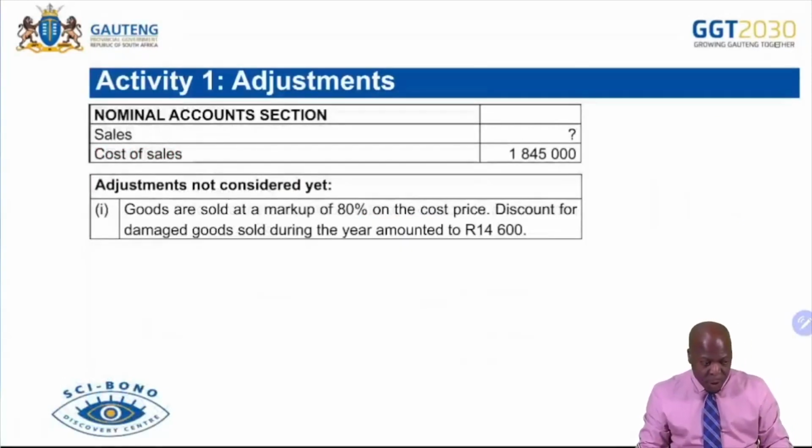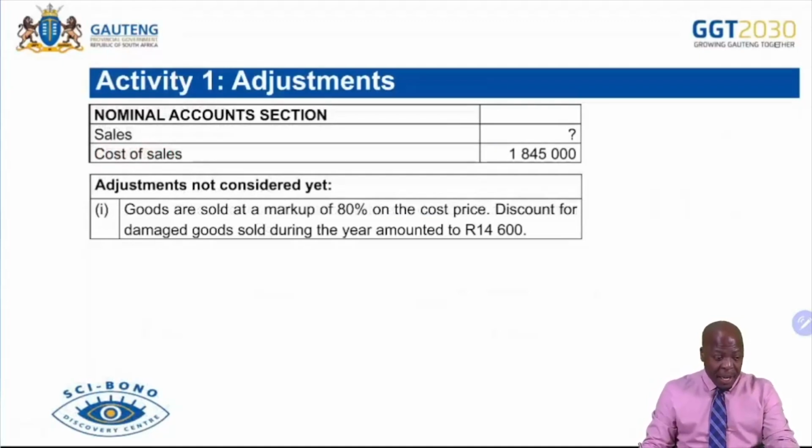Let's begin. So the first part is adjustment number 1. Adjustment number 1 reads, goods are sold at a markup of 80%. So here we are told that there are goods which are sold at a markup of 80% on the cost price. And discount for damaged goods sold during the year amounted to 14,600. All right. So what we understand is we are preparing a statement of comprehensive income, and we have some